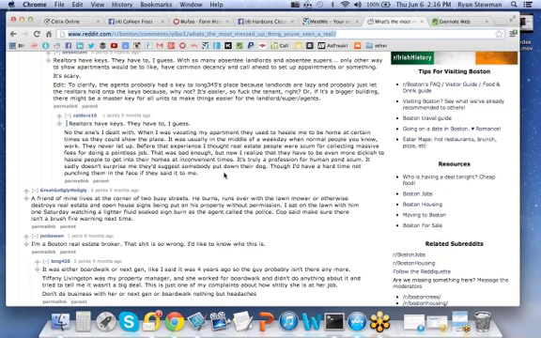Let's just read one more real quick before we jump out of here, because these have got to be great. A friend of mine lives at the corner of two busy streets. He burns, runs over with the lawnmower, or otherwise destroys real estate and open house signs being put on his property without permission. I sat on the lawn with him one Saturday watching a lighter fluid soaked sign burn as the agent called the police. Cop said, "Sure, make sure there isn't a brush fire warning next time," right?